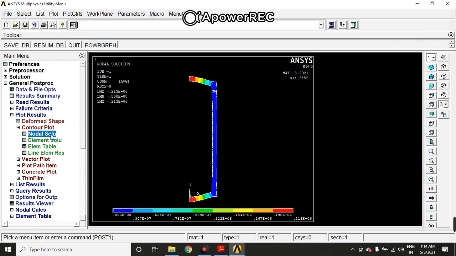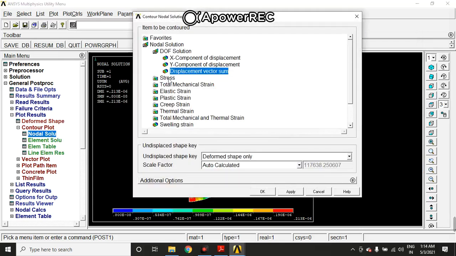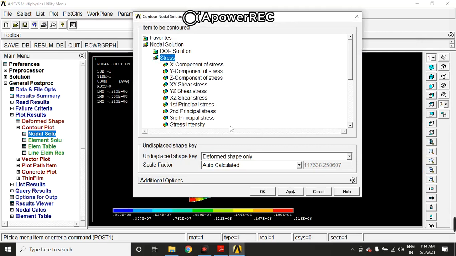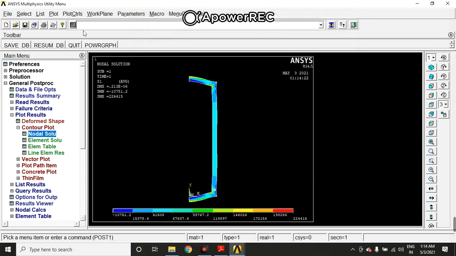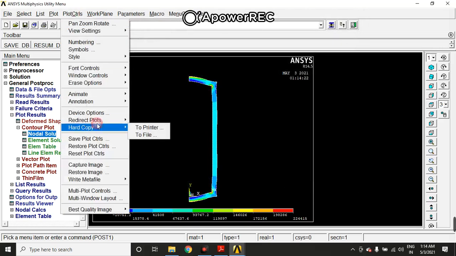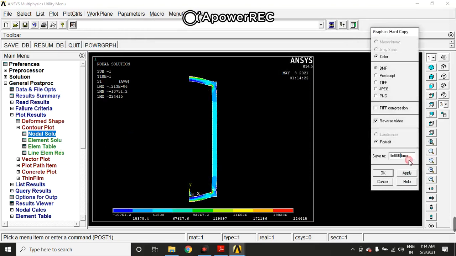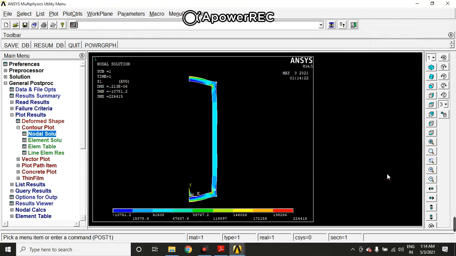And again we'll go to the nodal solution, we'll go to the stress, and these are the different stresses you can see. We'll see the first principal stress, click on OK. To save this, we'll go to the plot control, hard copy to file and enter the name as 006, OK. So this is how we can save the picture. We can get the contour plot for the first principal stress, second principal stress and third principal stress.